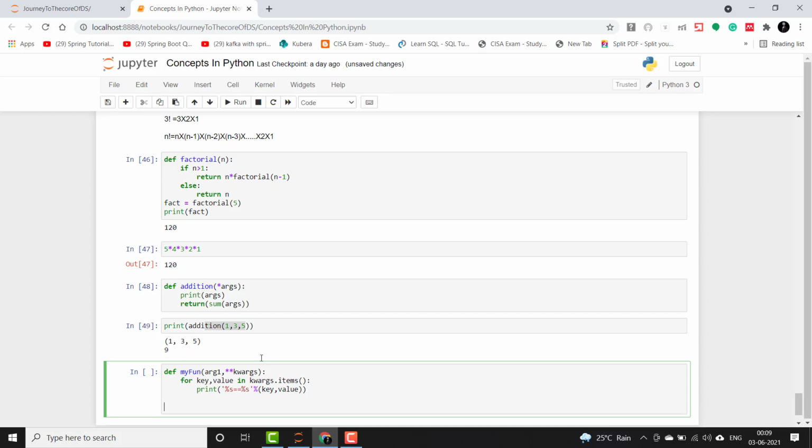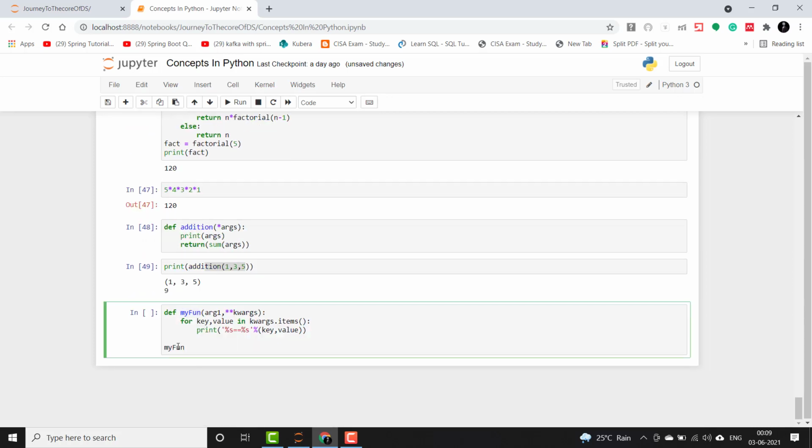So I'll do my_fun and I will pass some variables. So this is just the normal variable, and then come the kwargs. First is my key for kwargs, and hello is the value for it. Then let's say mid is the key, and my is the value for it.